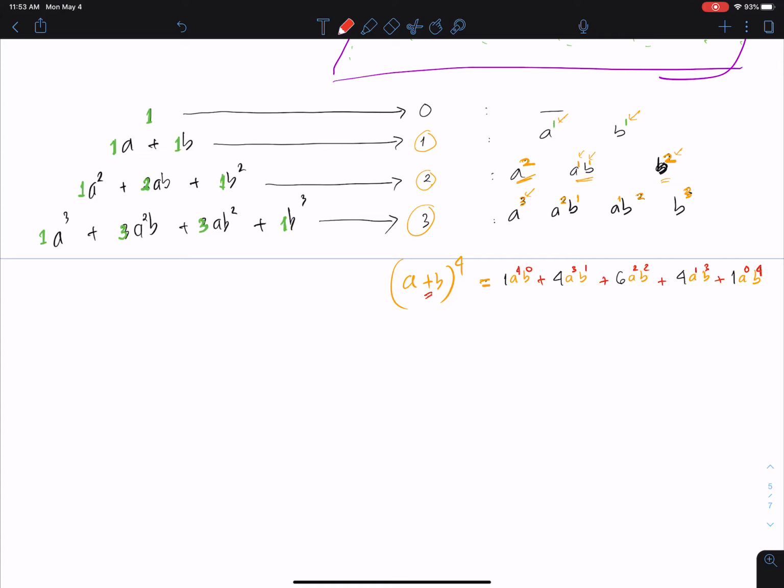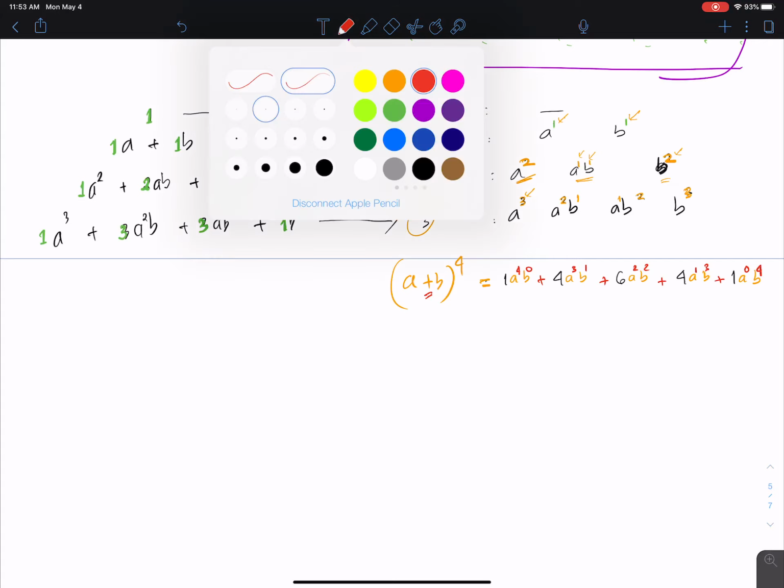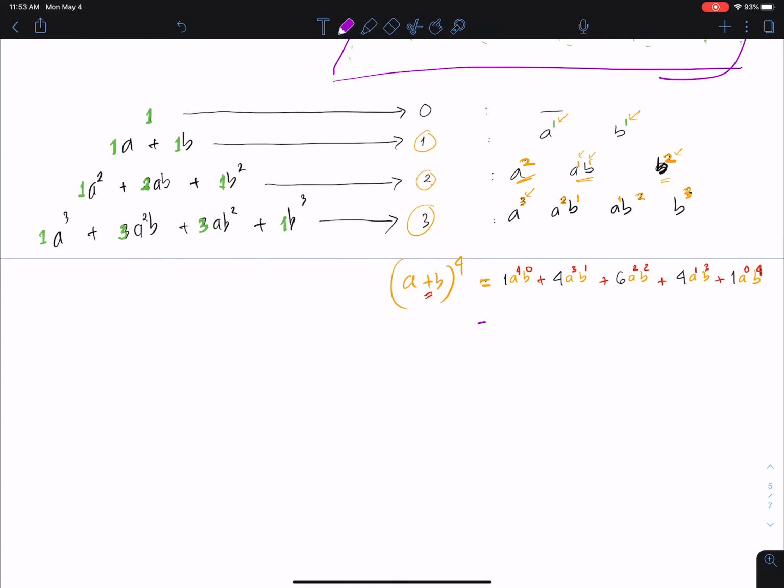Can you see already? Okay, so now we write down a to the power of 4 b to the power of 0. The 1 does not need to be written down, and b to the power of 0 is equal to 1, so no need to write it again. So we have 4a^3 b plus 6a^2 b^2 plus 4ab^3 plus